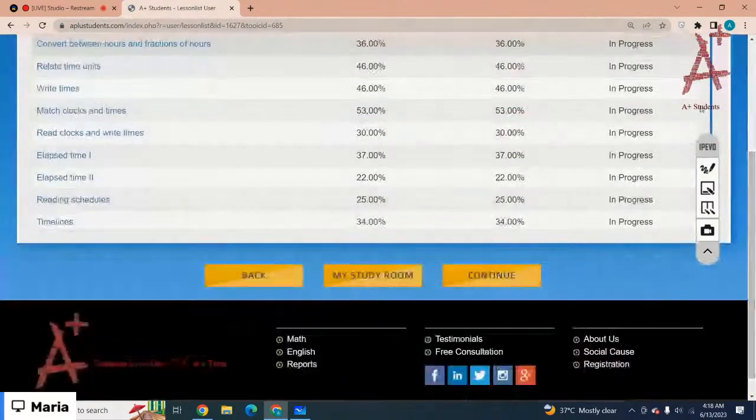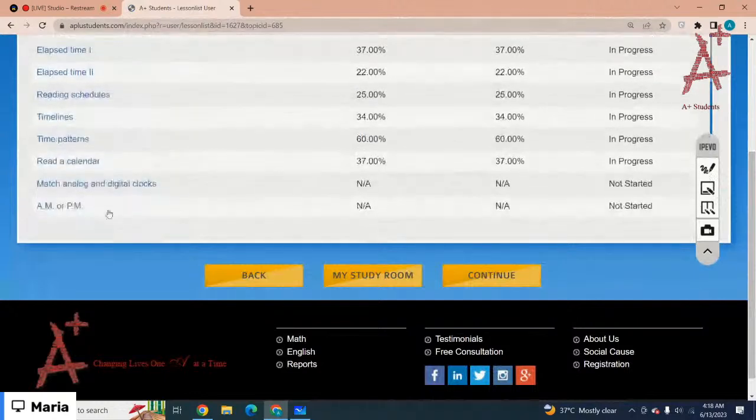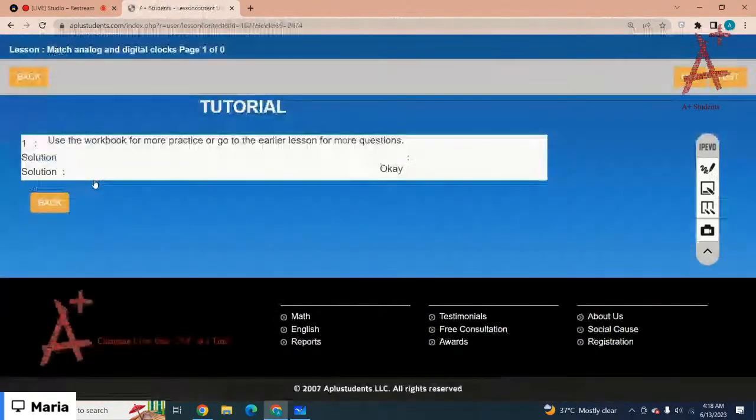Okay, the next one would be matching analog and digital clocks. So this would be in the earlier lessons. Let's just go back to the next lesson. That would be